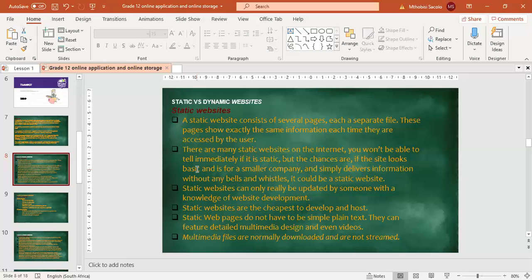Sometimes when you open other websites, the browser will ask you if you want to hear notifications from this website, and then you will have to choose yes or no. That is an example of a